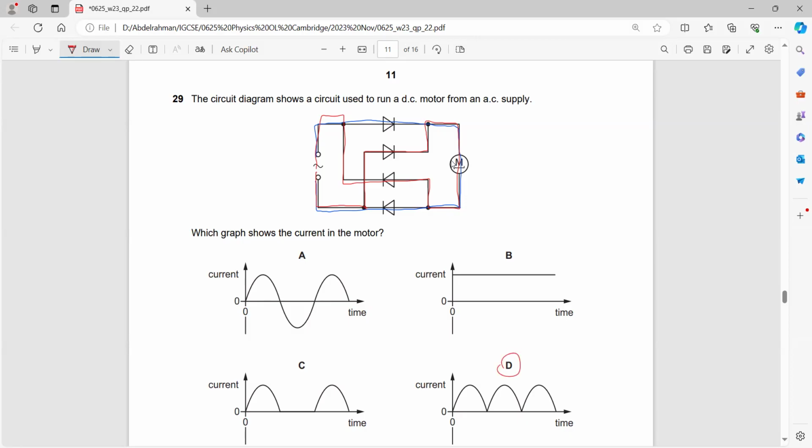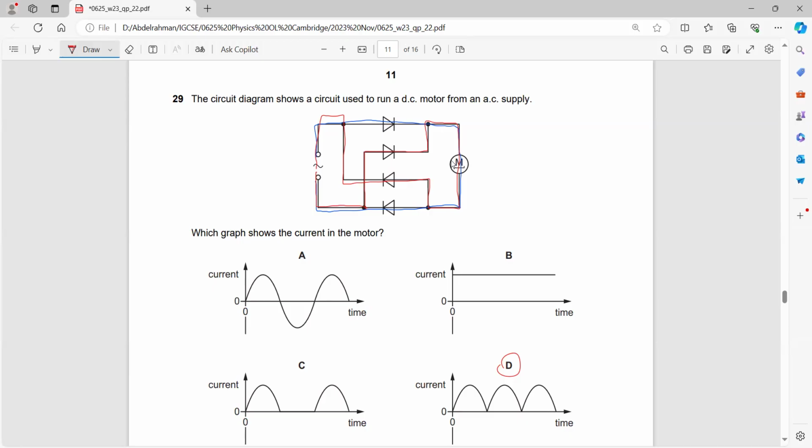Okay, it looks so confusing. It is a bit confusing. We call this a full wave rectifier. You're not required to actually know what a full wave rectifier is. It changed the direction to make it go back to the same side of the graph. Yes, okay, it's moving from the same side.